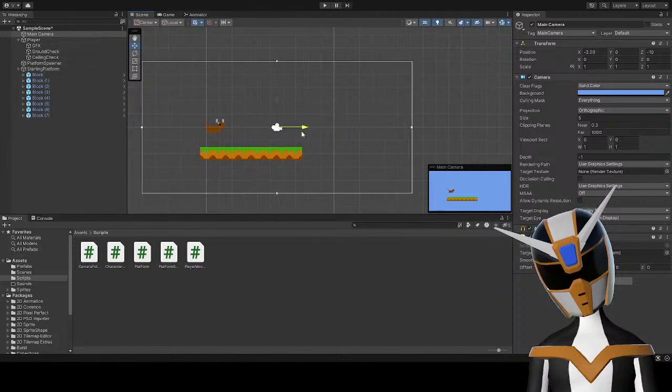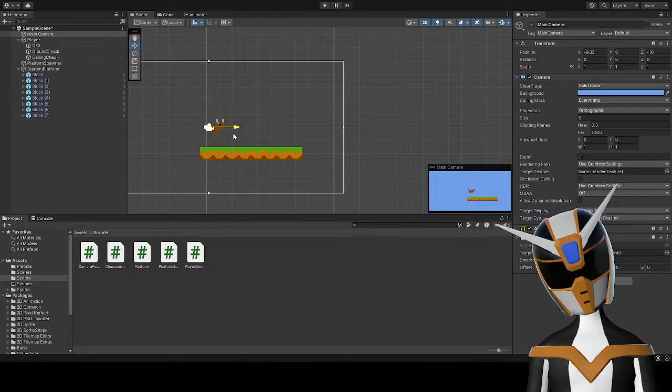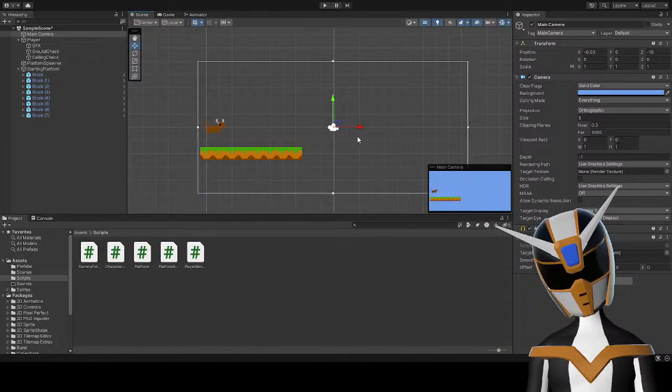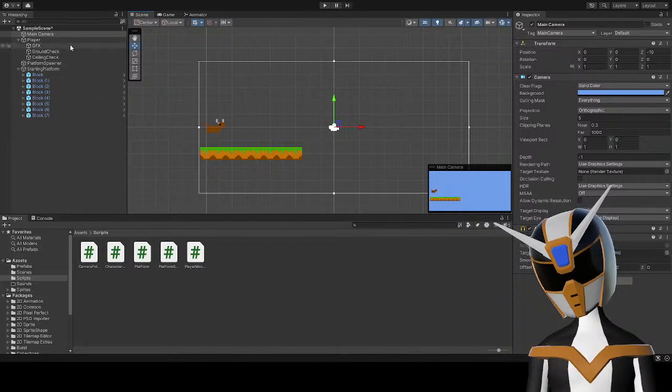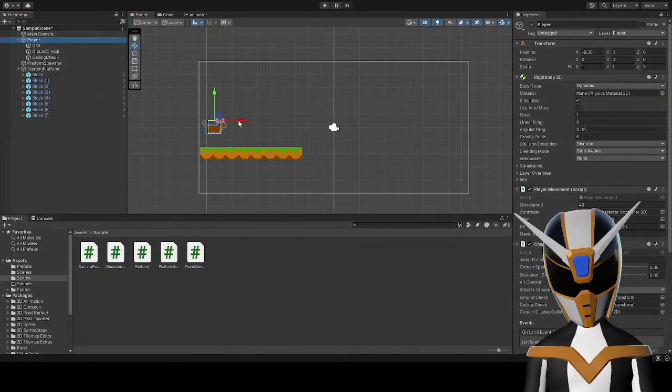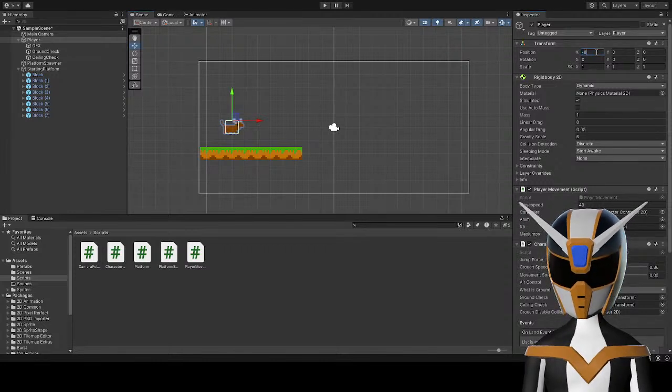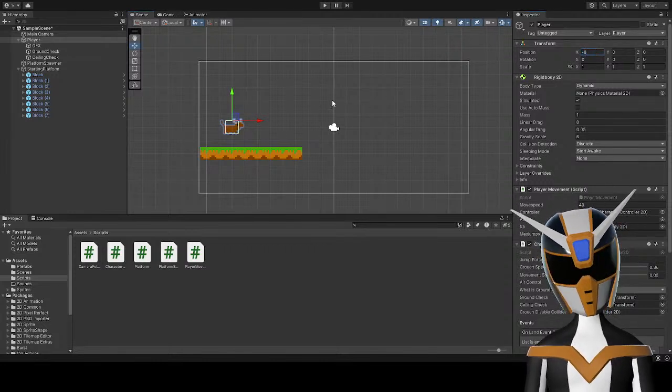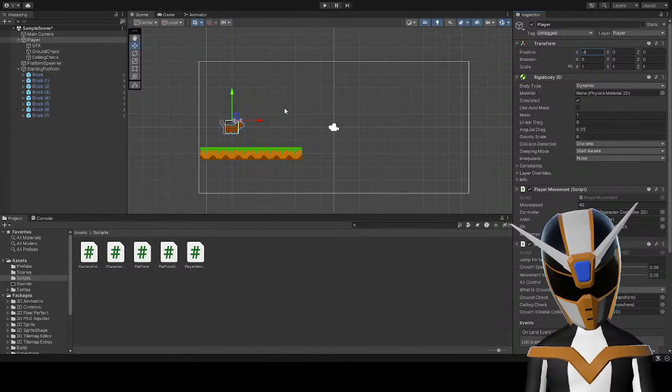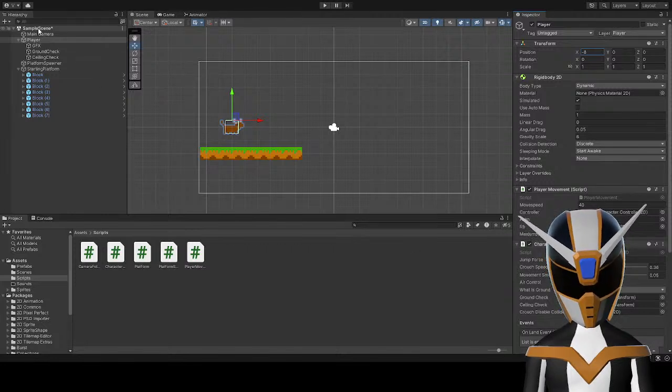Like, if the player is here at like minus 9.5. Okay, well, let's just see. I want the player to be like around here, minus 8. And then, so I guess I just want an offset of 8.